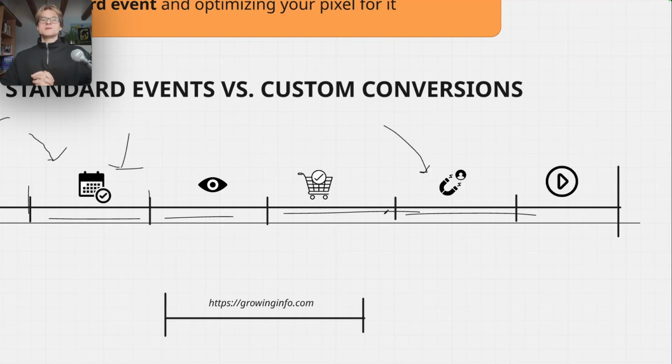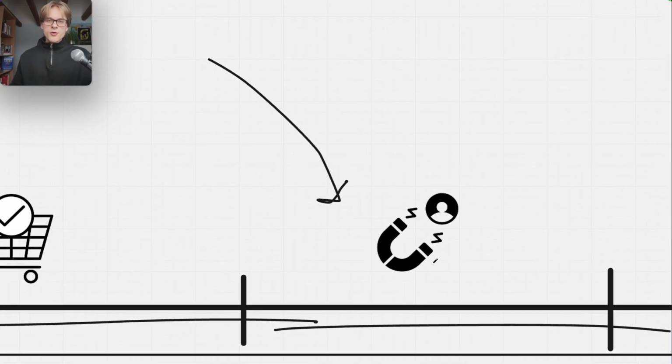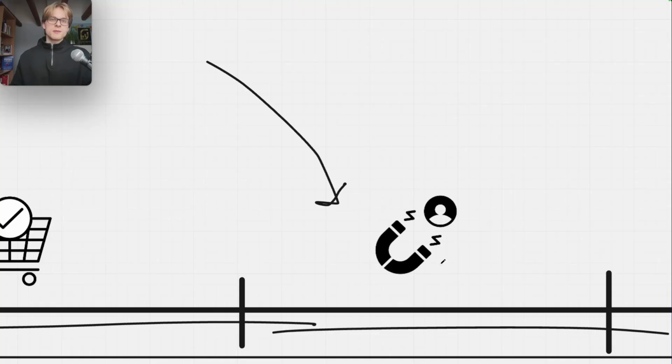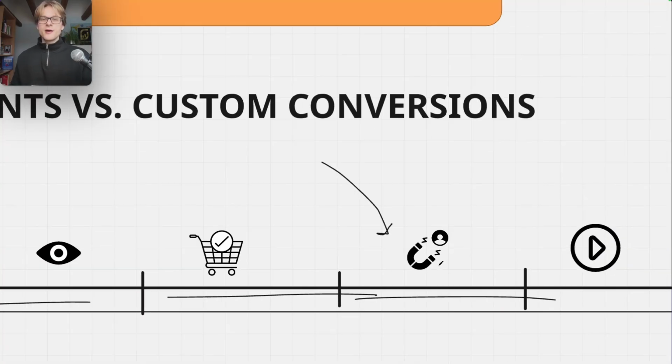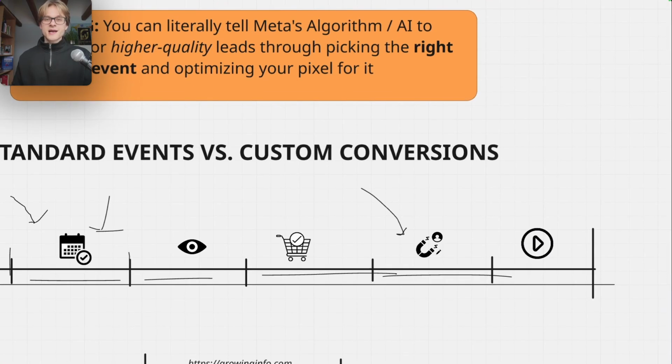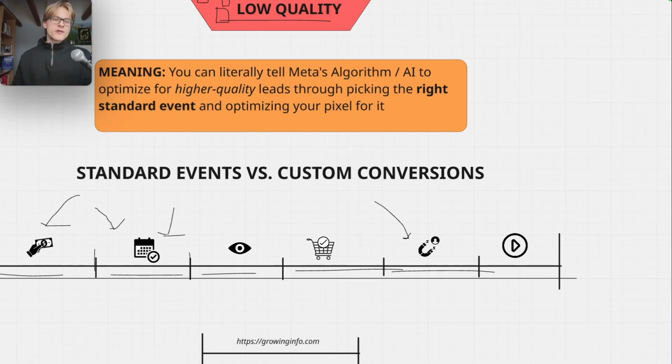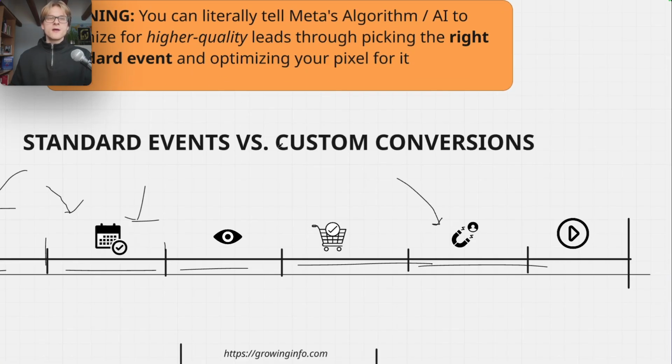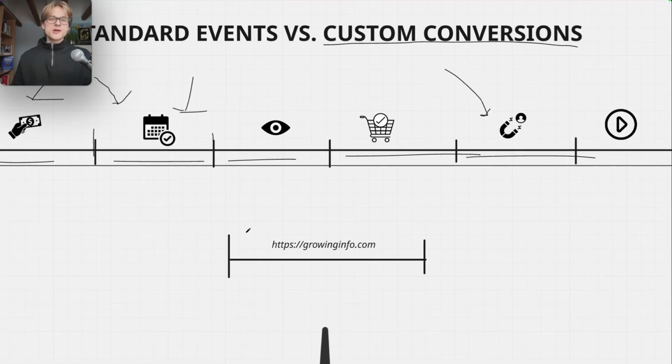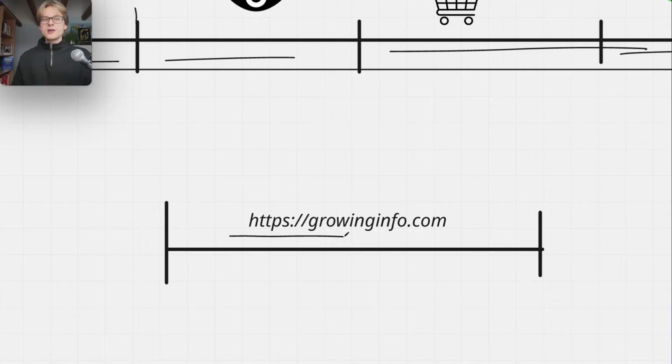Now, this is with standard events, but you still have access to everything that happened before. So with a standard event, you have access to everything that advertisers have done before on Meta's platform, meaning if they bought, you have access to everyone who used the standard event lead before in their campaigns to optimize for a lead magnet, for example, right? You have access to their data, what happened, and to all the other users who selected this event in the past. But when you go with a custom conversion, it means you're telling Meta, no, I want to create my own event. You're literally telling it to fish in a pond that only belongs to your website.